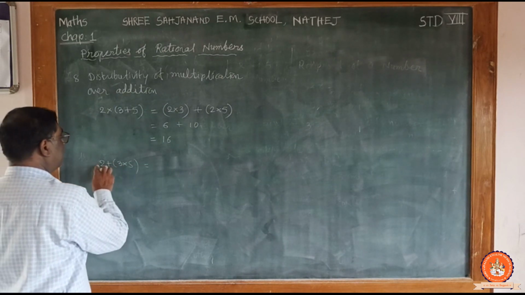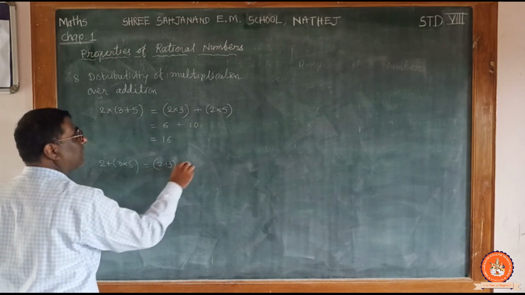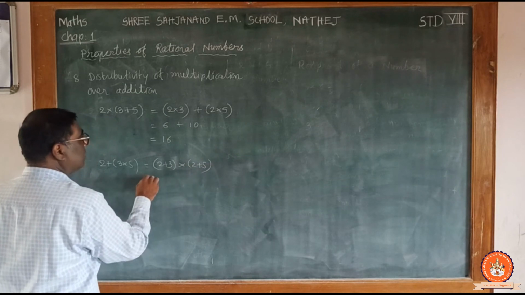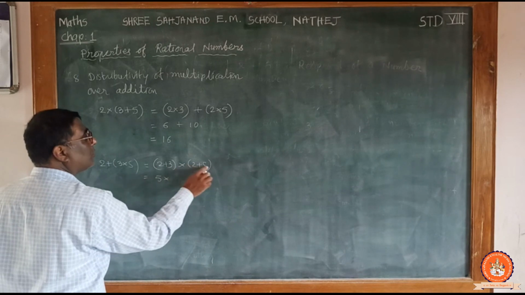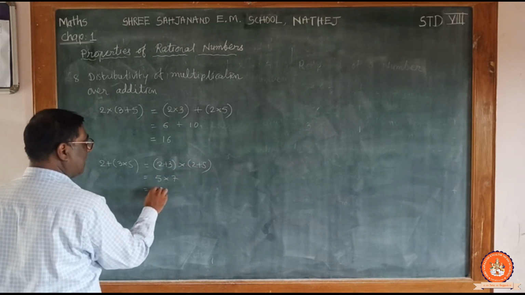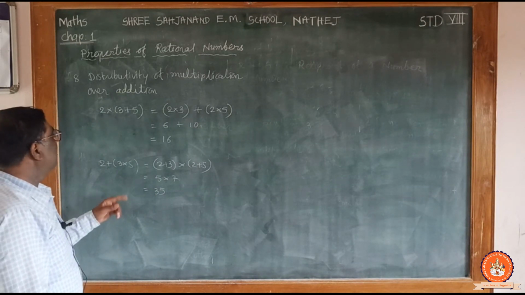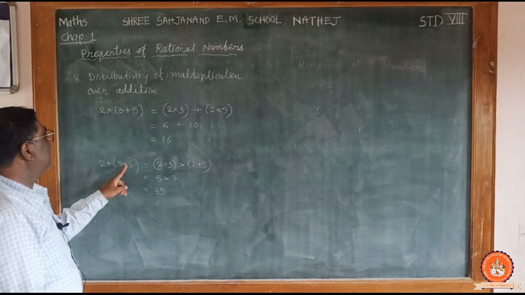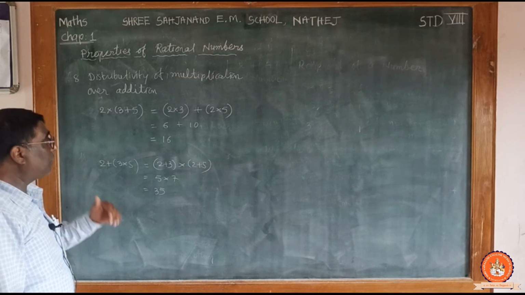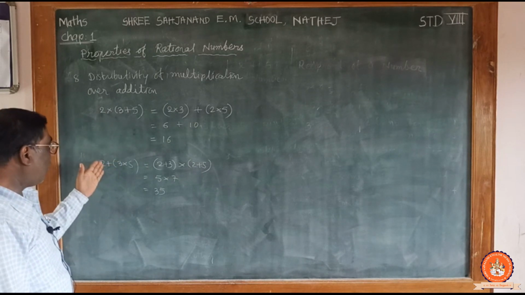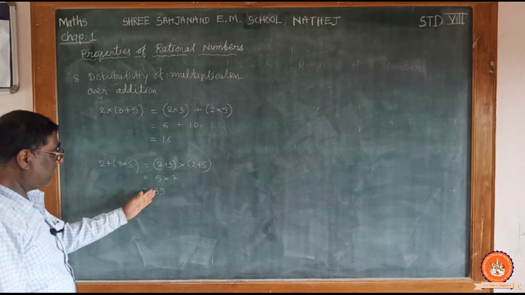So will it be 2 plus 3 give you 2 plus 5? Okay, 2 plus 3 is equal to 5 into 2 plus 5 is equal to 7. 5 7s are 35. Is it the correct answer according to the BODMAS rule? Look at it. 3 5s are 15. 15 plus 2 is equal to 17. But if you use the distributivity of addition over multiplication, you don't get the correct answer.